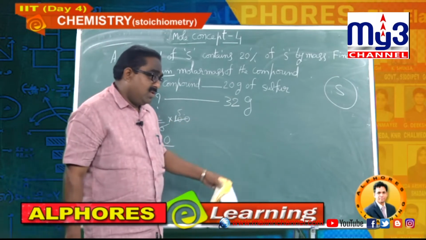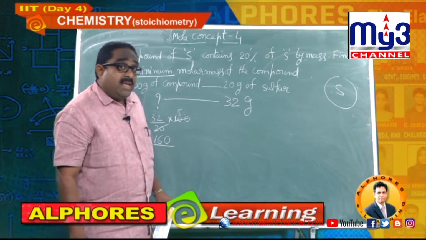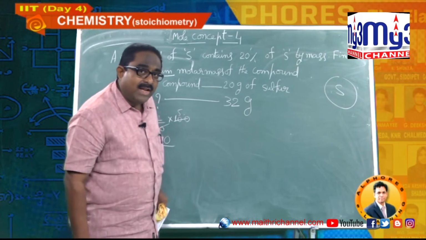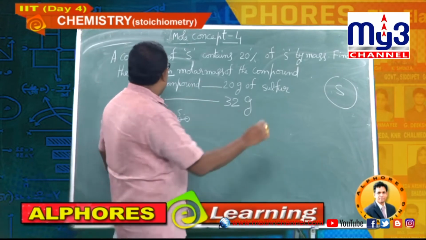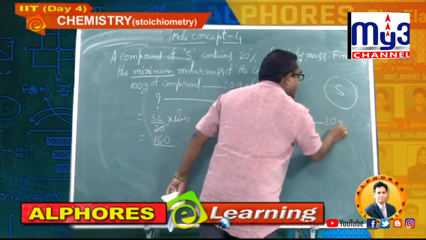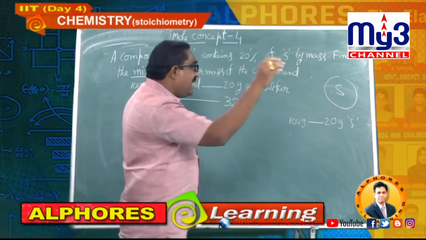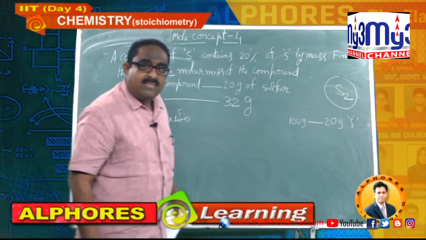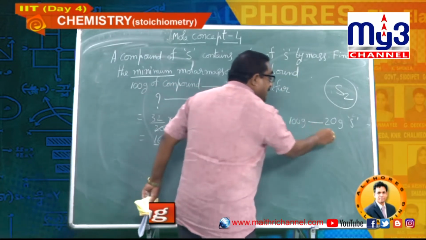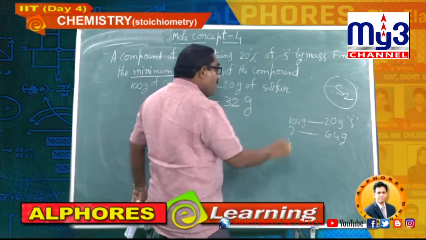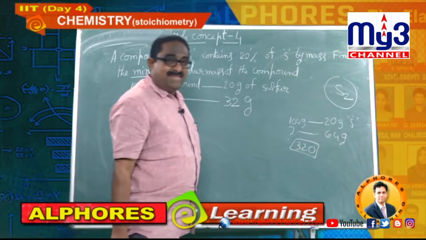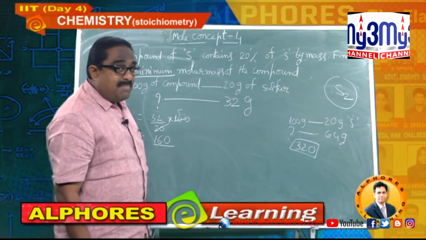Students, some may get one more doubt. Sir, if 2 sulfur atoms are there in the formula, then how much weight do we have to take, sir? Let me solve that one also, see. Right, 100 grams, 20, as usual, 20 grams of sulfur. If 2 sulfurs are there in the formula like this, then what you will do, students? Instead of sulfur, you have to write 2 into 32, that is 64 grams. Then what will be mass? Double of this, you will get 320 as molar mass of the same compound, if that compound contains 2 sulfurs